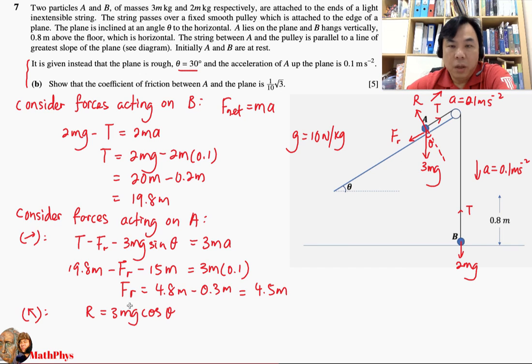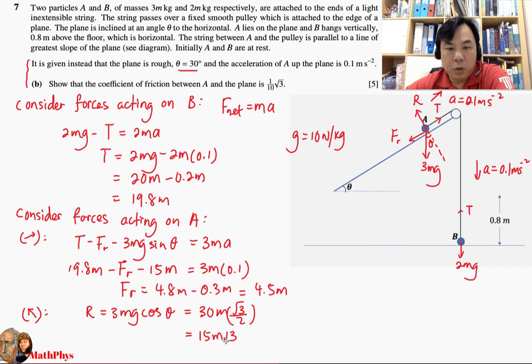So therefore, the normal force must balance out with the component due to the weight. And then from here, we have 30m cosine 30. Cosine 30 is root 3 over 2 here. So therefore, we have a 15